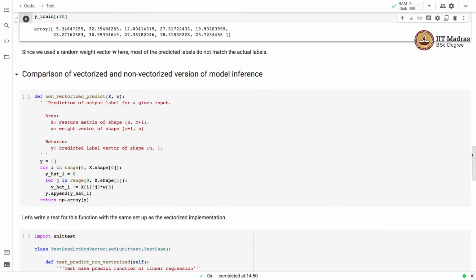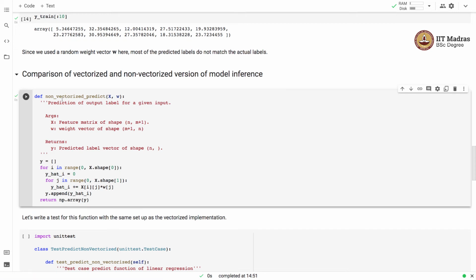The second important concept that we studied in our slides was the importance of the vectorized operations. So all of us are familiar with implementing machine learning algorithms or any other algorithms in a non-vectorized form, and we are all comfortable with it because that's how we have been implementing different programs. However, non-vectorized versions take longer time than the vectorized counterparts. We'll demonstrate this particular part with concrete data sets.